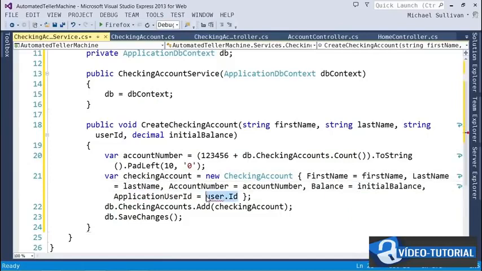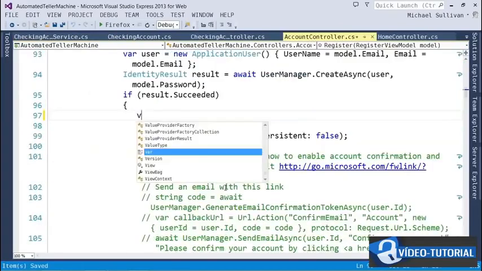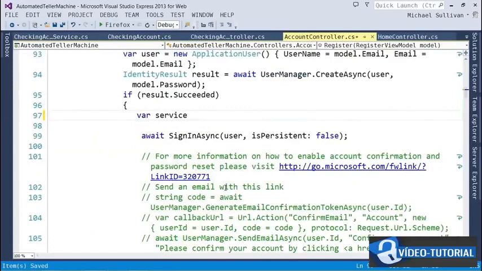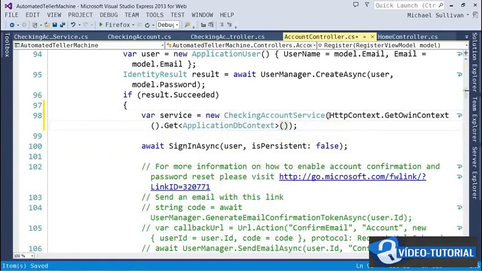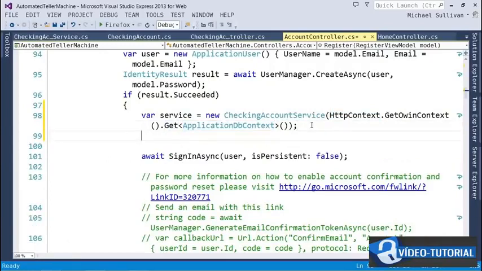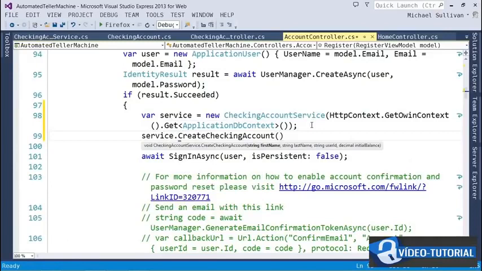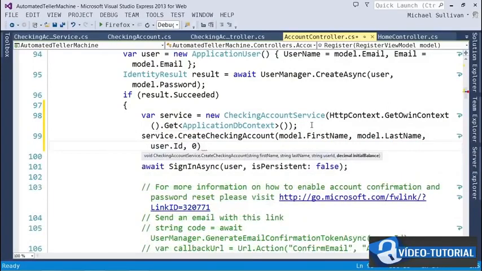Now in the Register method, I can replace this code and create a new instance of CheckingAccountService. We're going to pass to it the existing DbContext that our authentication component already set up using the GetOwinContext method of HttpContext. And then we'll use the generic Get method with ApplicationDbContext. And then we'll go ahead and create the account. And let's copy these lines to the clipboard because we're going to be doing something similar with the Facebook login